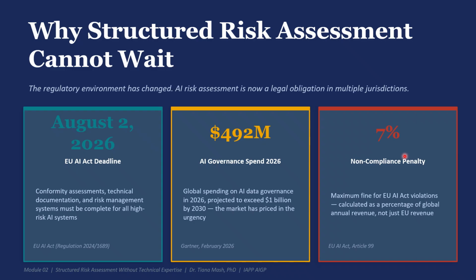I'm here to make the urgency concrete, because that is what gets governance taken seriously at the leadership level, not abstract ethical principles but numbers that appear in board presentations. Structured risk assessment is no longer a best practice, it is a legal requirement, and that is where we begin. And remember, effective leadership requires the ability to distinguish between symptomatic issues and structural deficiencies. So the implementation strategies we implement must account for operational sustainability, workforce adaptation, stakeholder impact, and regulatory alignment simultaneously.